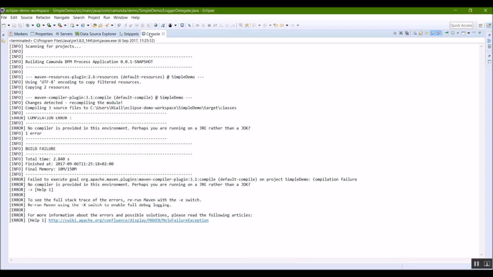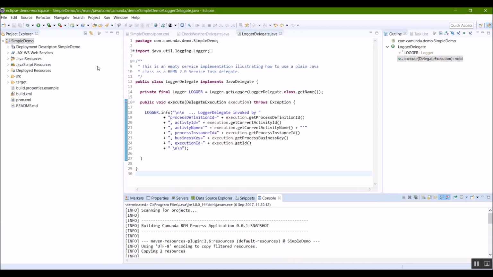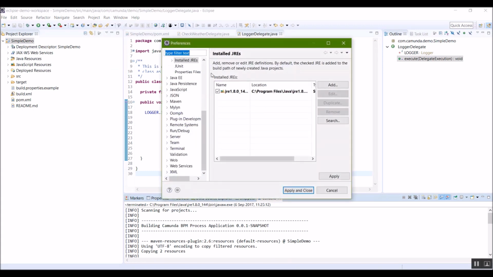So let's actually add that. It's a pretty easy fix. Go to Window, Preferences, and then if you type in here installed JREs, it should show up under Java. You'll see this guy here. This is a list of what Java compiler you have.